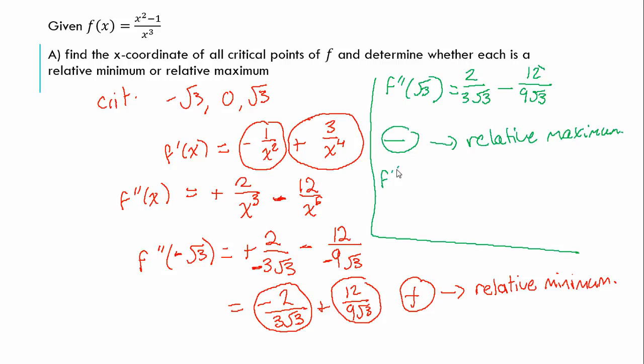So f double prime of negative 1 is equal to, well, 2 over negative 1 cubed is just 2 divided by negative 1, which is equal to negative 2, minus, well, x to the 5th, so negative 1 to the 5th is negative 1, so minus negative 12, so this becomes a plus 12, so that means the whole second derivative here is